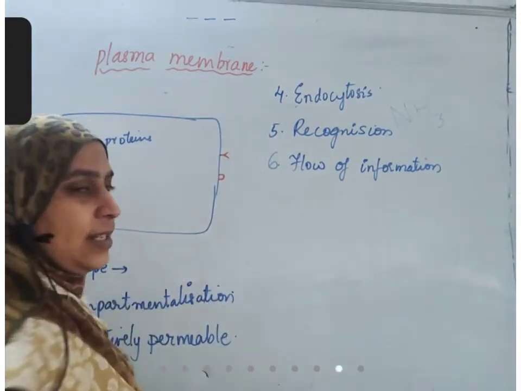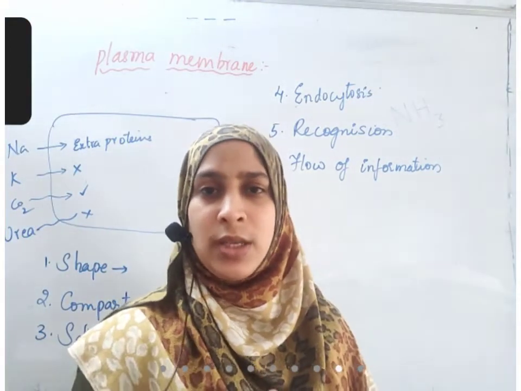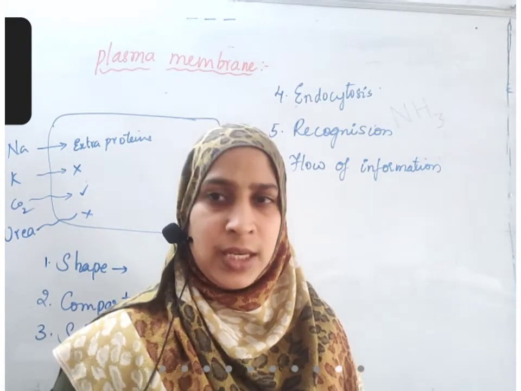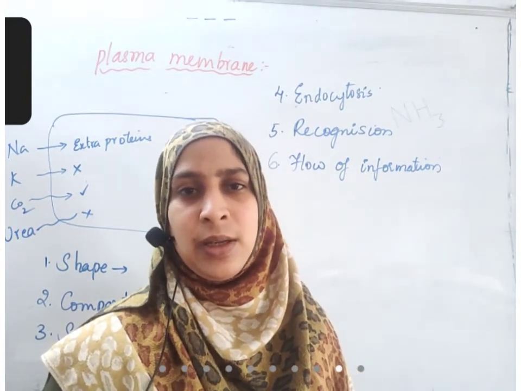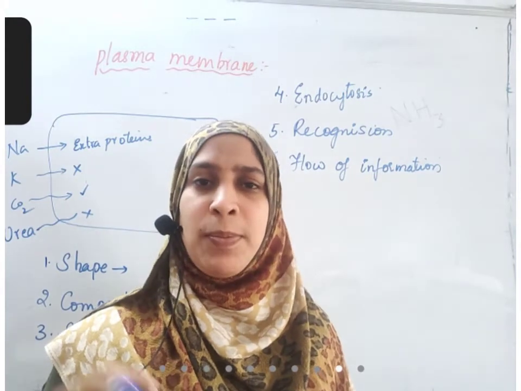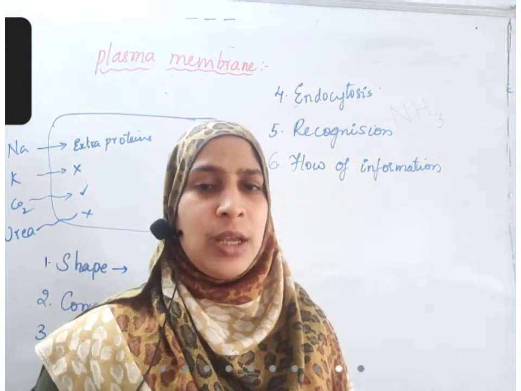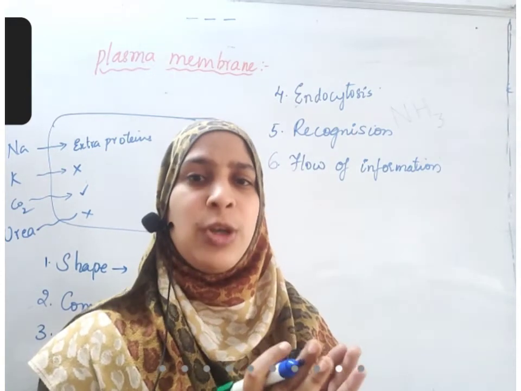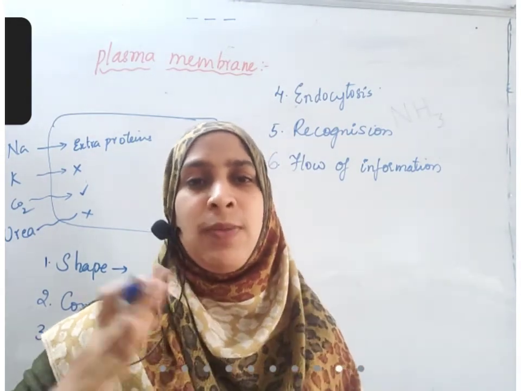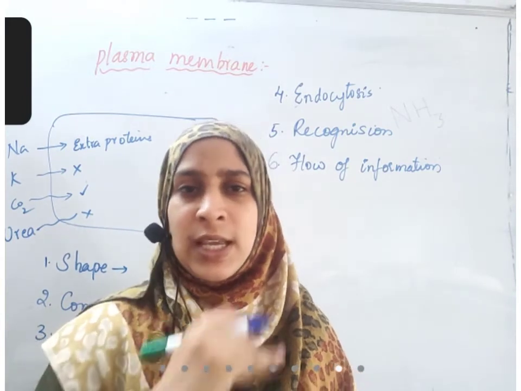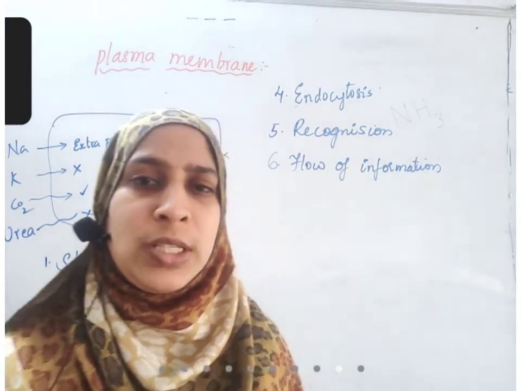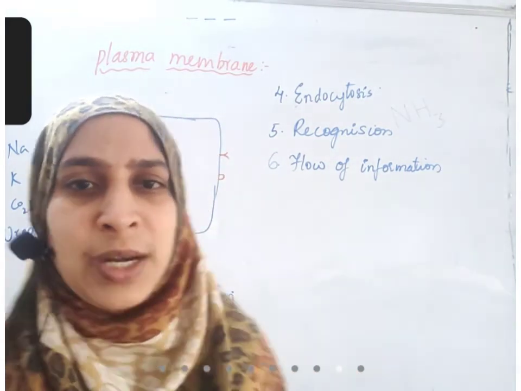Since all the cells are continuous from one cell to another cell to another cell, there is a connection of plasma membrane. Because of this connection only, materials are able to pass from one cell. So when you are drinking water, it should reach your digestive system only. From there, it is moving to the adjacent cell, from there to adjacent cell, from there to adjacent cell. This continuous flow is possible because of plasma membranes only.